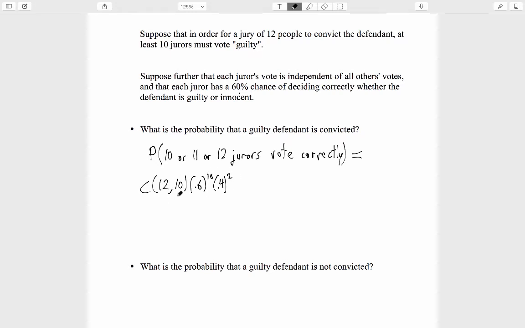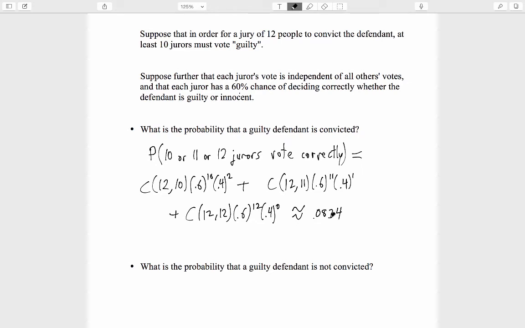This right here is the probability that exactly 10 jurors vote correctly, that is, they vote guilty, and the other 2 vote not guilty. Plus the probability of exactly 11 jurors getting it right. That's 12 choose 11, 0.6 to the 11, 0.4 to the 1, plus the probability of a unanimous verdict. Everyone gets it right. So 12 choose 12, which is just 1, times 0.6 to the 12 times 0.4 to the 0. This turns out to be approximately